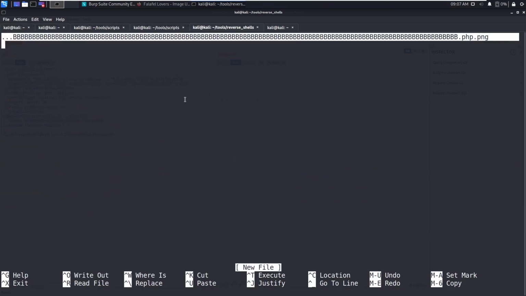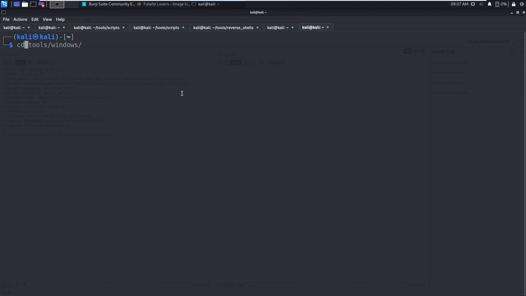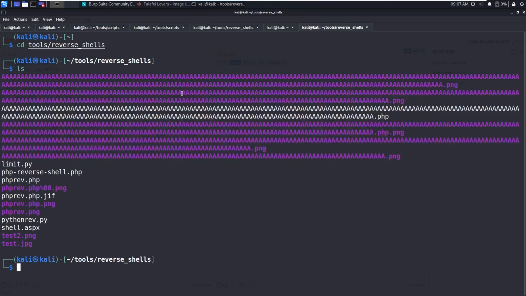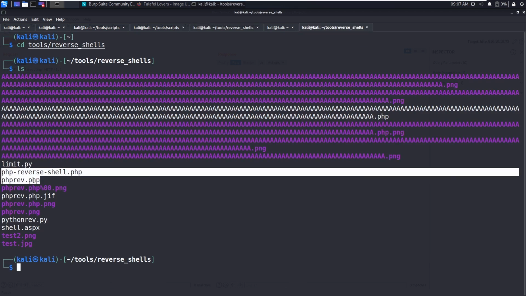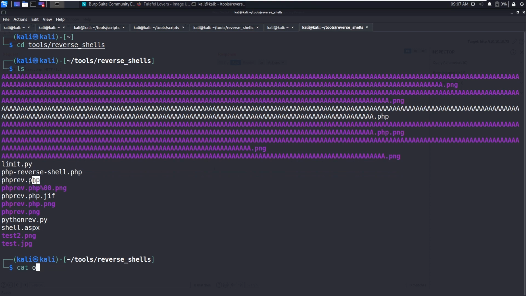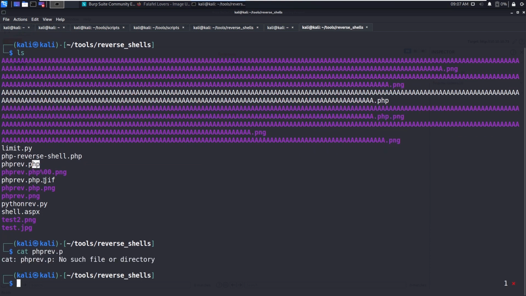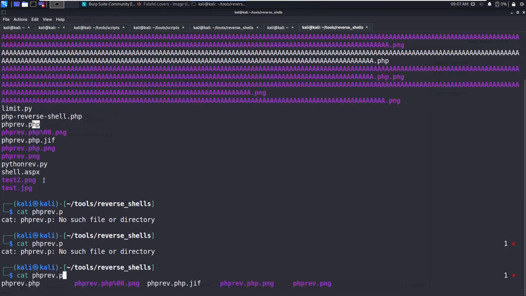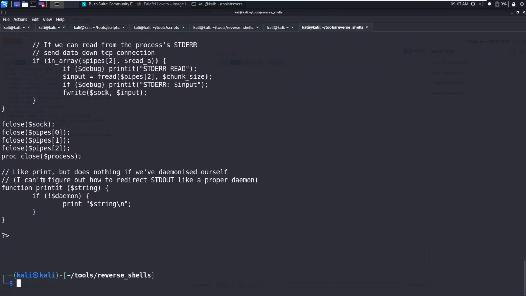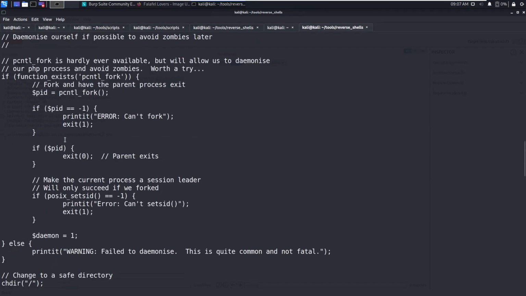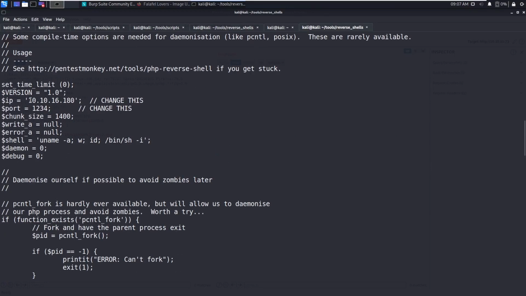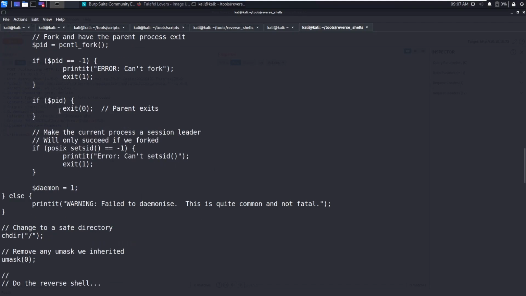So now we need to paste the PHP reverse shell. cat php-rev.php. I think I have already overwritten this one with 10.10.16.180. So this should do it.